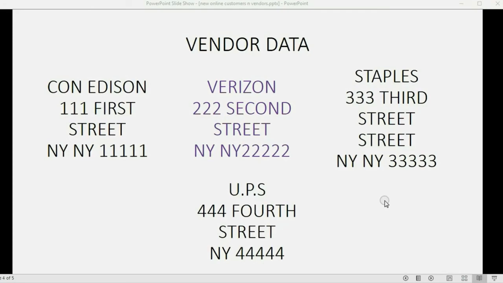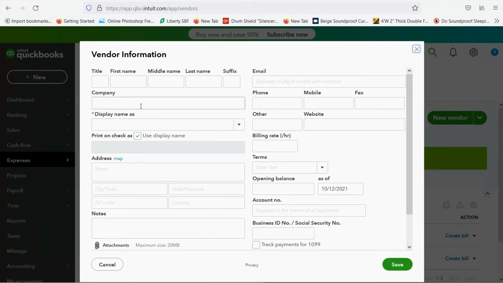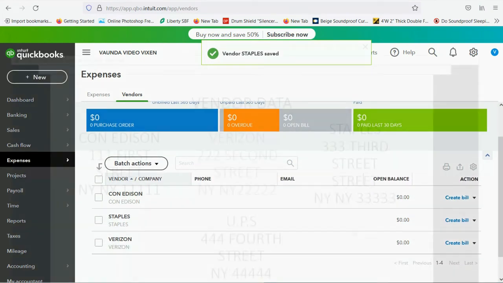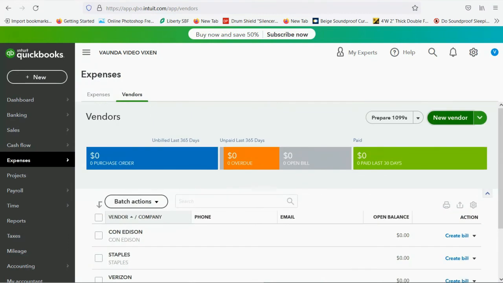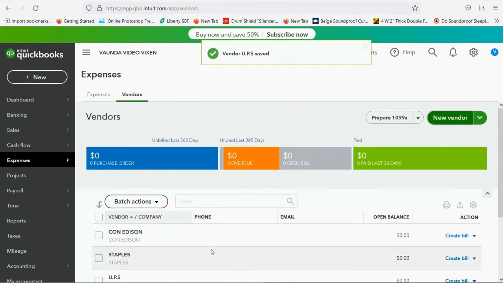Let's add Staples and UPS. Scroll up to get New Vendor, Staples, and lastly, we have UPS, New Vendor, Company, click Save, and just like the customers on the customer list, if you click Expense and Vendors, you can click